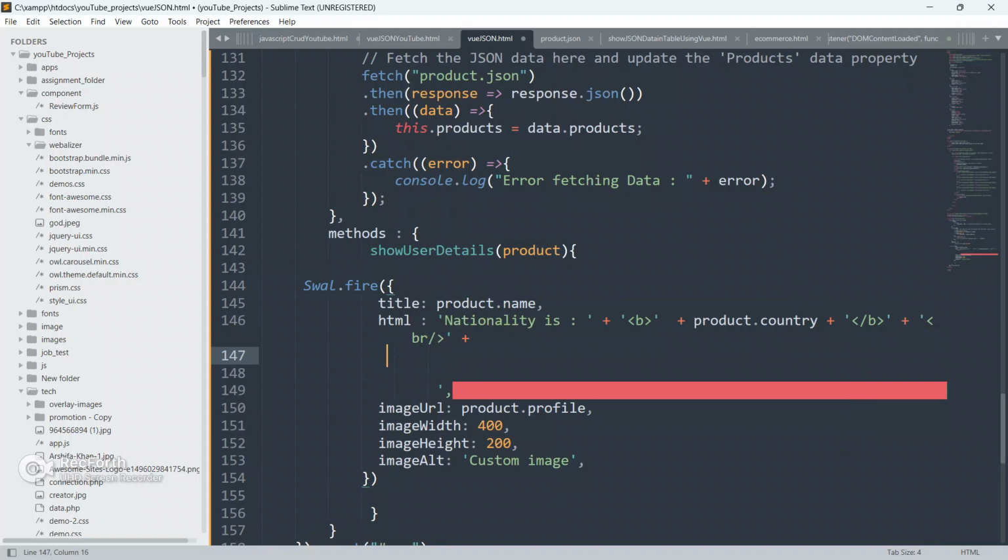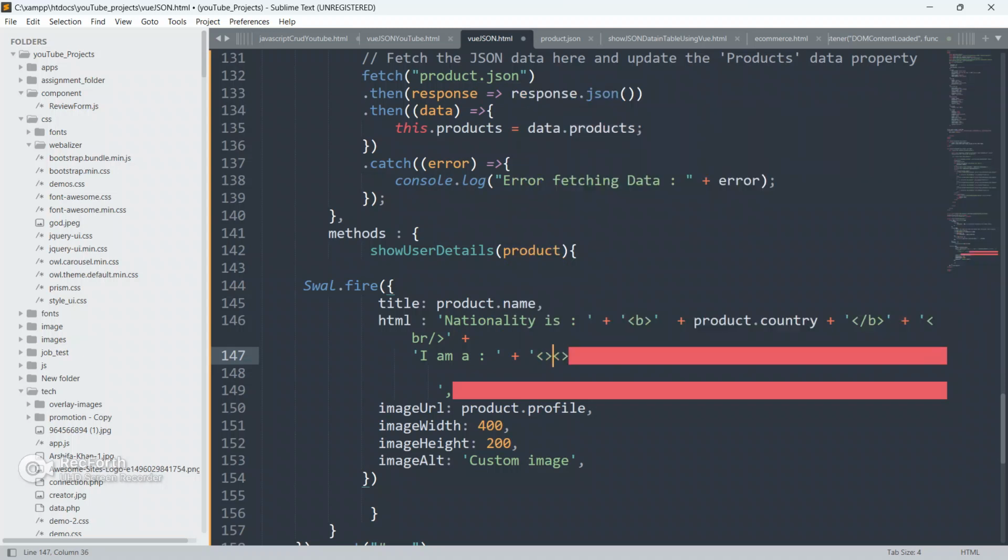Put BR for line break and concatenate this, again to the new line. And I will say again, I am a, give colon.